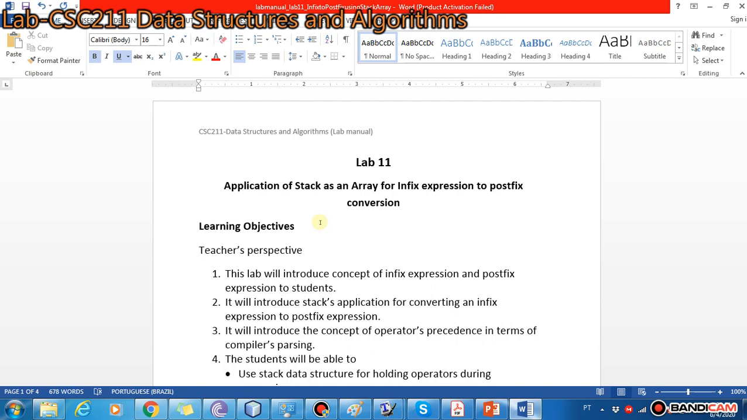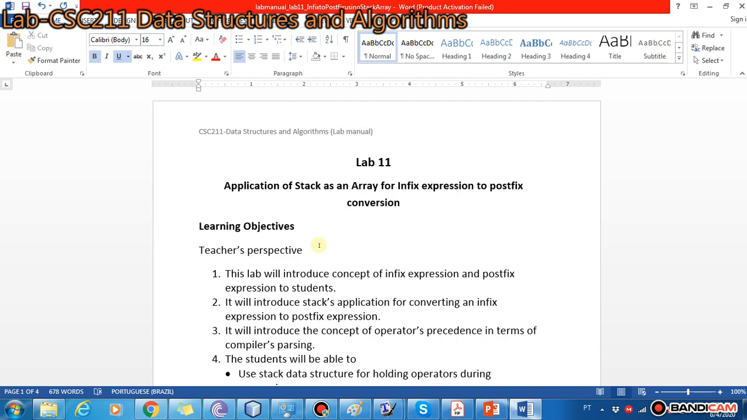Today in this lab we are going to apply stack to convert an infix expression to a postfix expression. Infix expression and postfix expressions, as we have seen in the class, are two distinct notations to express mathematical expressions or equations, and they are both basically equivalent in essence, but